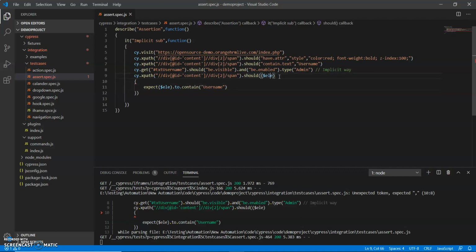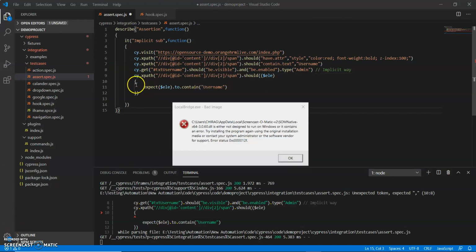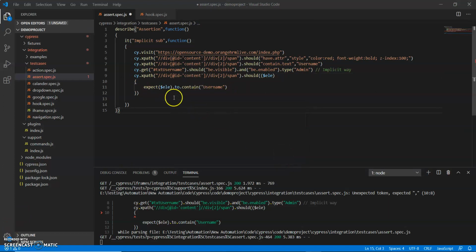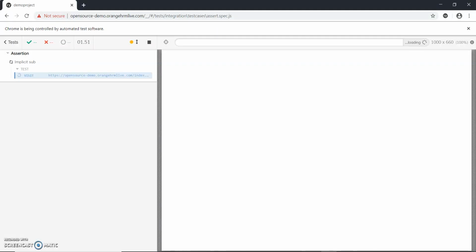So what is the error for this? So I'm getting some error, so I made a syntax mistake here. Now it seems okay. Now I will save and see whether it will work or not.